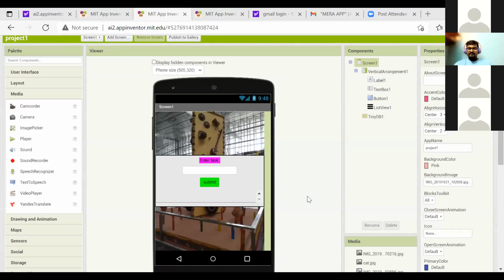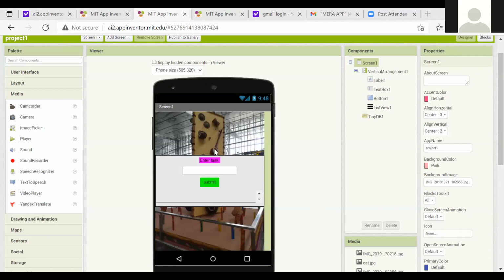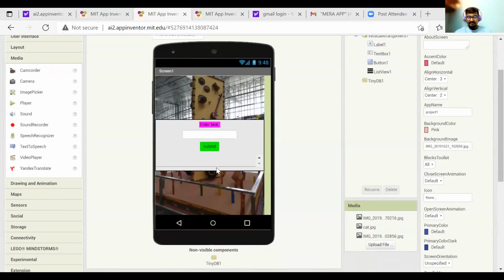I'll just show you one minute. See here, this is like this, straight. But when it came in my mobile, towards the lamba side mein aa gaya.